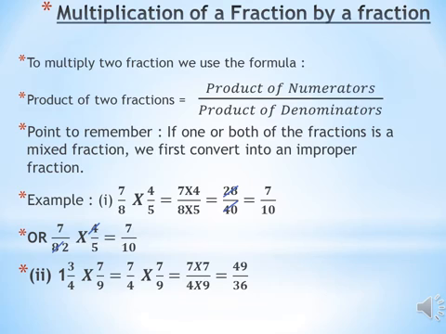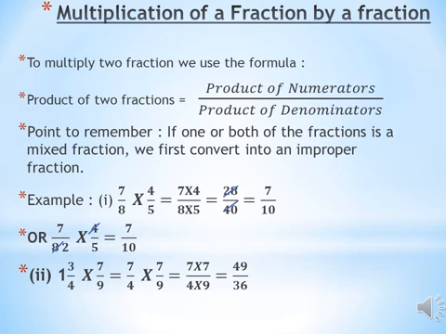But there is one more way to do it. As we can see, in multiplying fractions, 4 and 8 have common factors. So we can cancel them directly. 4 and 8 will be cancelled. 4 2s are 8. So on cancelling we will be getting 2. Now our numerator is 7 into 1, that is 7 1s are 7, and the denominator is 2 5s are 10. So we directly get the answer as 7 by 10. You can use any of the methods.